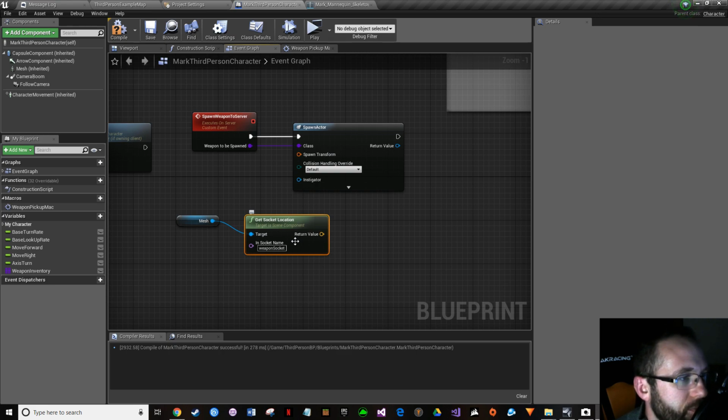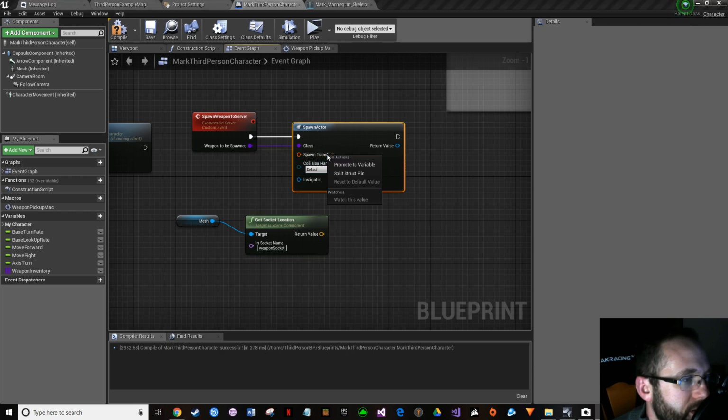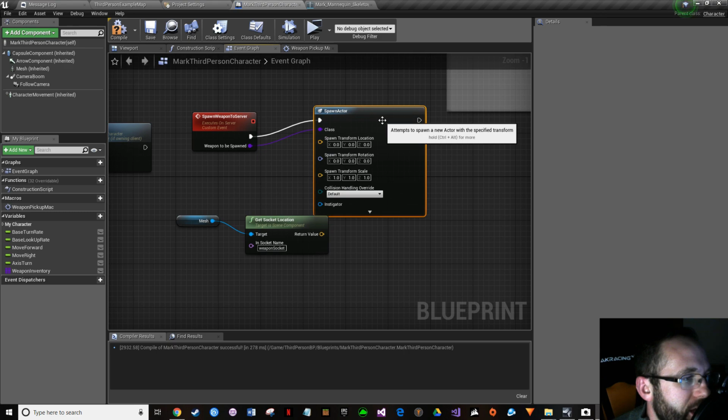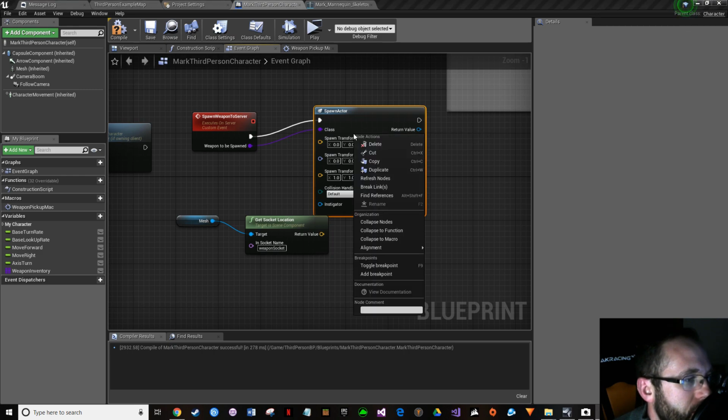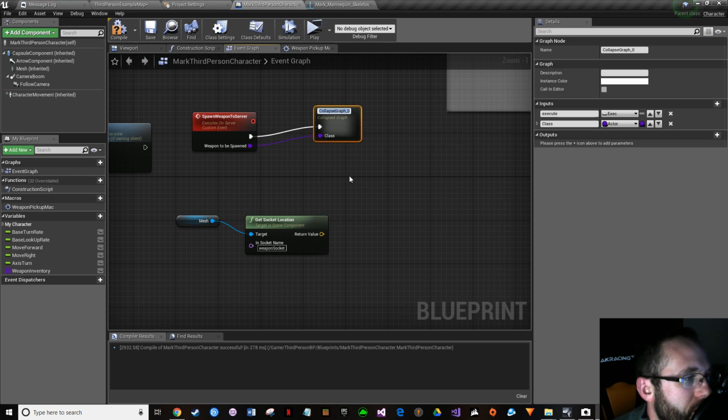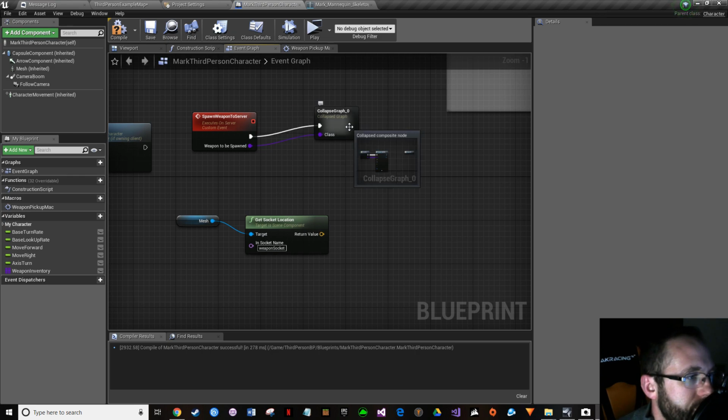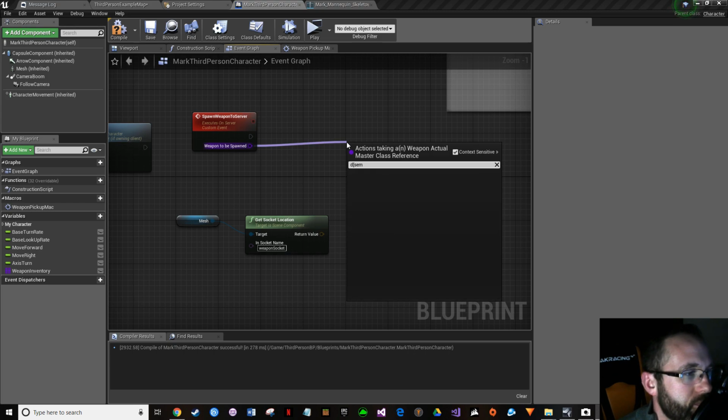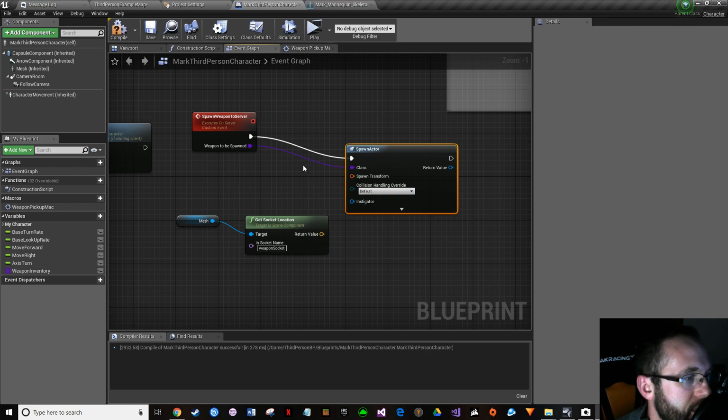Now I've made a mistake here. I called the get weapon socket location, but what I actually wanted was the transform. And transform, see if I can do this, is a combination of the location, rotation, and scale. Let me see if I can collapse this again. Collapse nodes. No, that's not what I meant to do. No problem. Just select this, delete it,